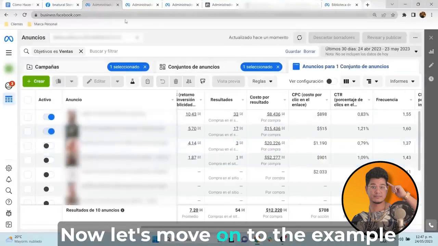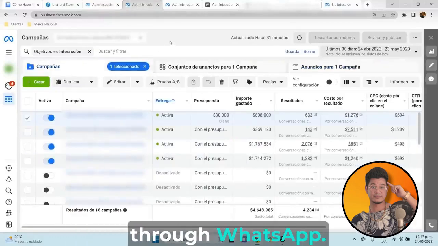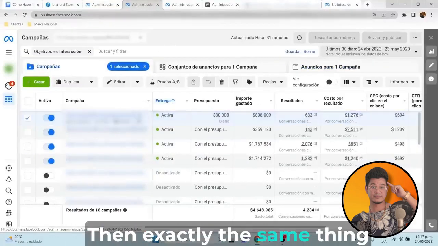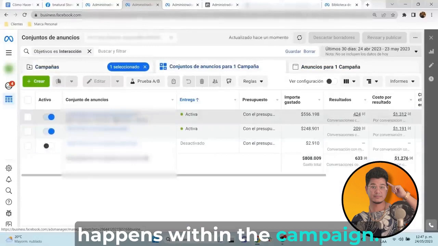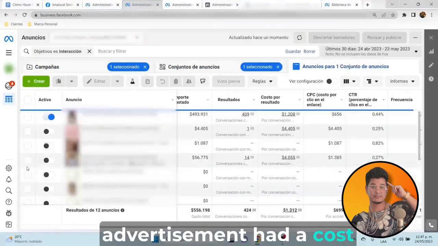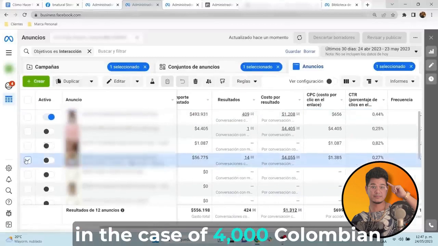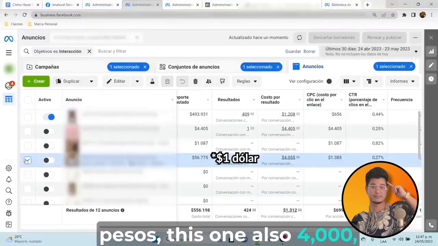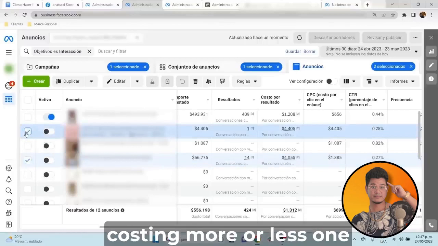Now let's move on to the example of the campaign that sells through WhatsApp. Then exactly the same thing happens within the campaign. We are going to see the different advertisements, and here you can also see that this advertisement had a cost per conversation. In the case of 4,000 Colombian pesos, this one also 4,000, so each conversation was costing more or less $1,